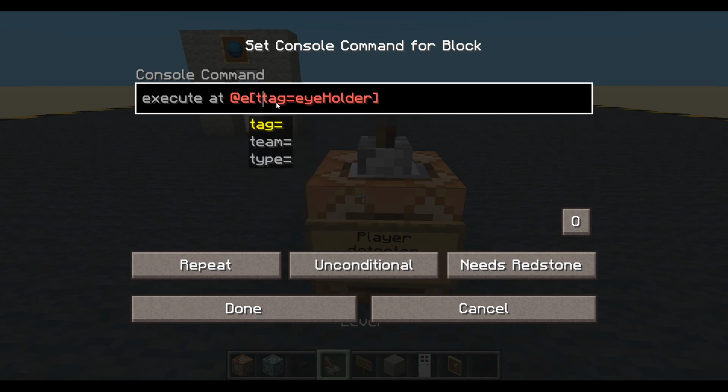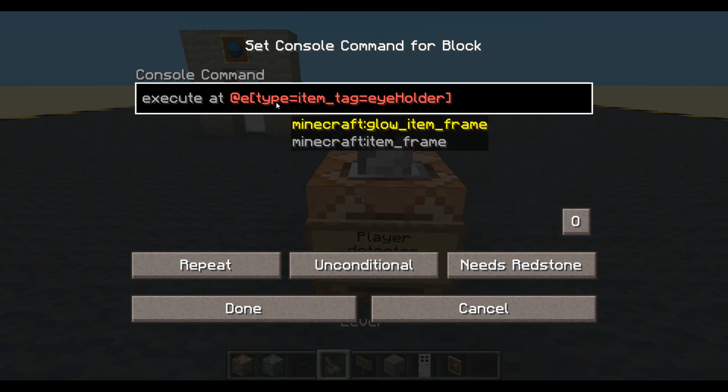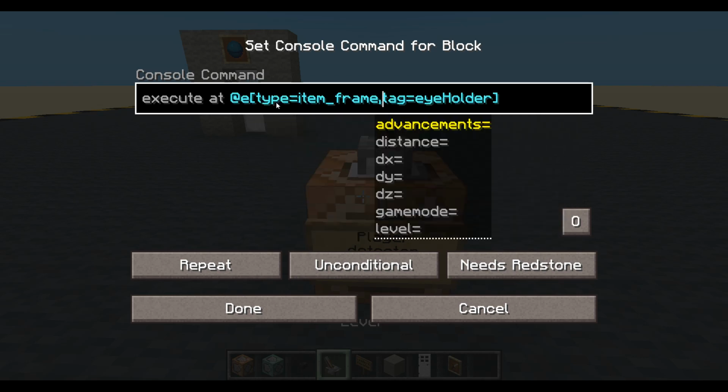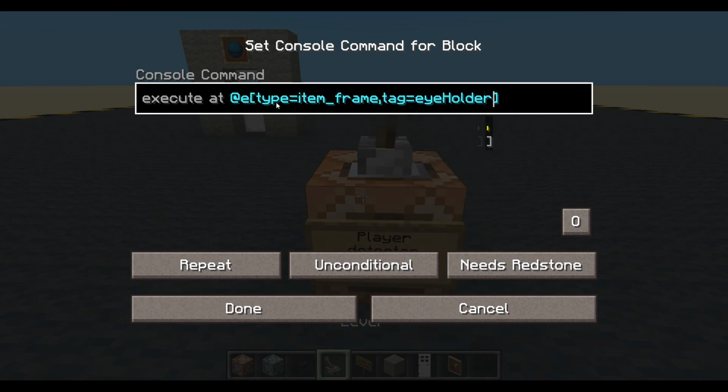We could probably also put in type, just so it doesn't check every type. Type equals item_frame. As I've said before, I'm not sure if this makes it more efficient. You'd have to ask someone that actually knows all the in-depth stuff there. I'm going to put both for now. So we're looking for an item frame. It must have the tag eyeHolder. If there is an entity,